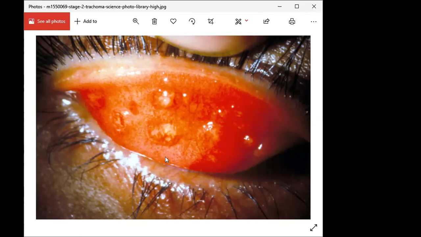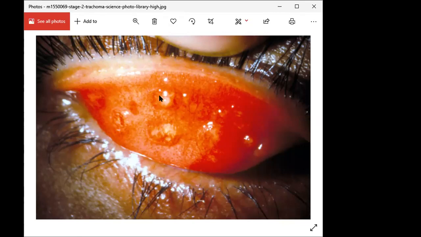The signs of trachoma are divided into conjunctival signs, corneal signs, and also palpebral signs, right? We'll see what the different signs are. Conjunctival signs: what you see are the chlamydial follicles. These small swellings are called follicles, right? These follicles are present mostly on the inner surface of the upper eyelid only, in the tarsal conjunctival part only, right?